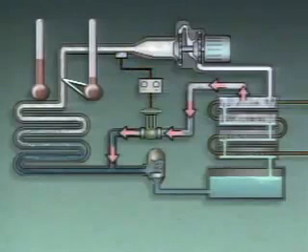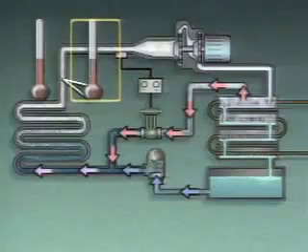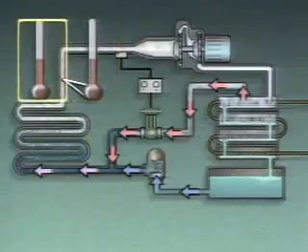This allows some of the refrigerant from the discharge of the compressor to be routed to the evaporator. This warmer refrigerant mixes with the refrigerant leaving the expansion valve and increases its temperature. As a result, less heat is removed from the substance being cooled, and its temperature increases back to the desired value. Another way that refrigerant flow can be controlled in refrigeration systems that have centrifugal compressors is by using dampers